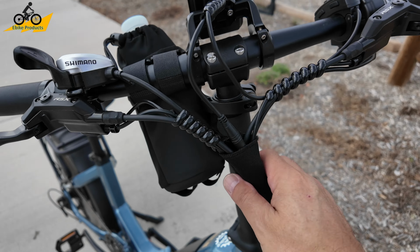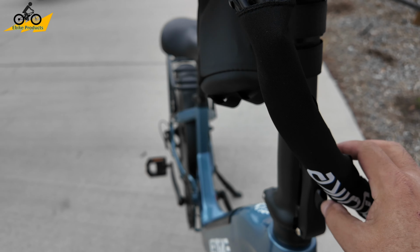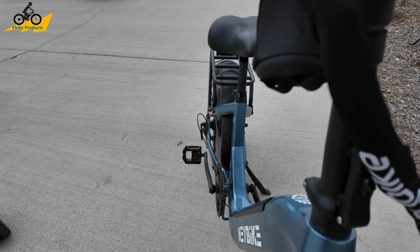All right, so next thing I want to mention here is that we do have some really nice cable management. You do get some extra zip ties that you can zip some of these down if you want to in certain areas, especially because the headlight had to be attached. So you can zip this together if you want to. But for the most part, cable management is pretty decent. And if you look down here, we also have the cables going into the frame so that they do stay